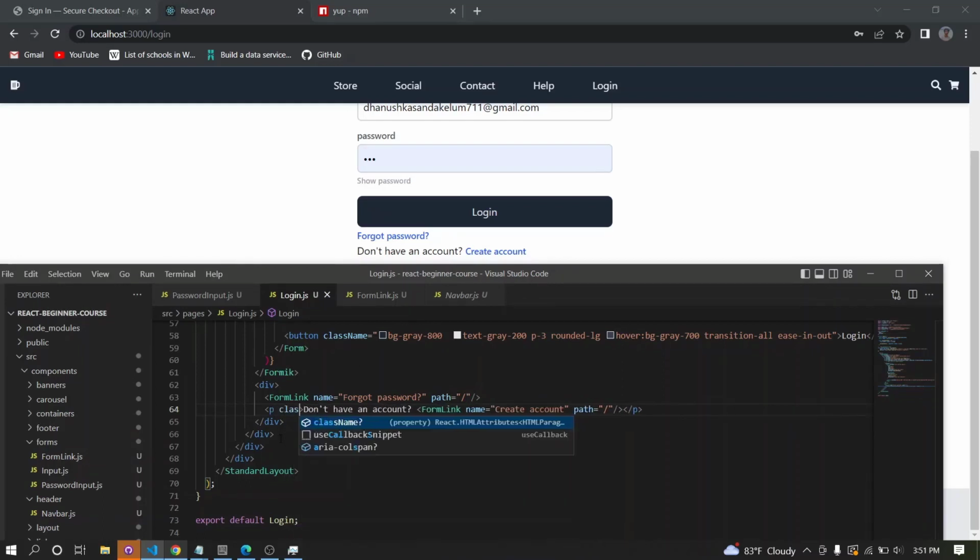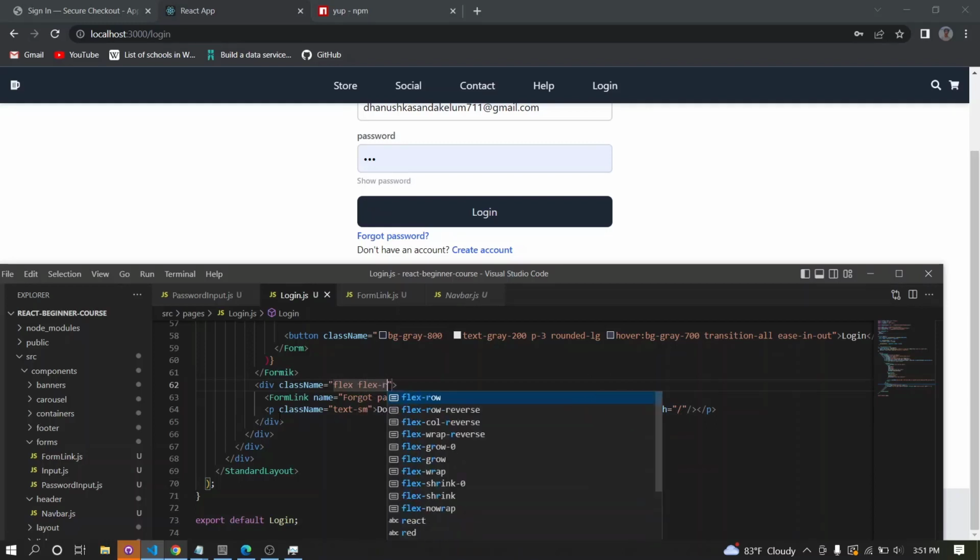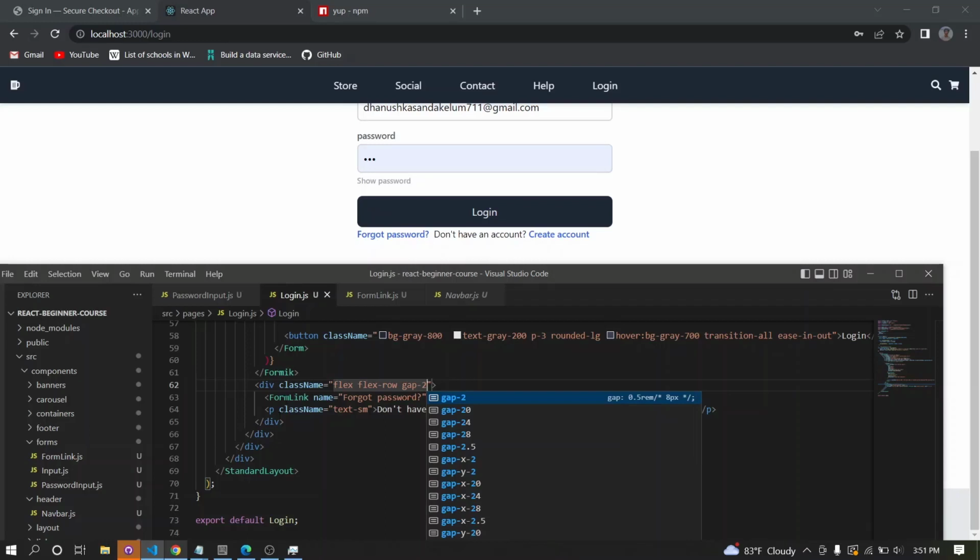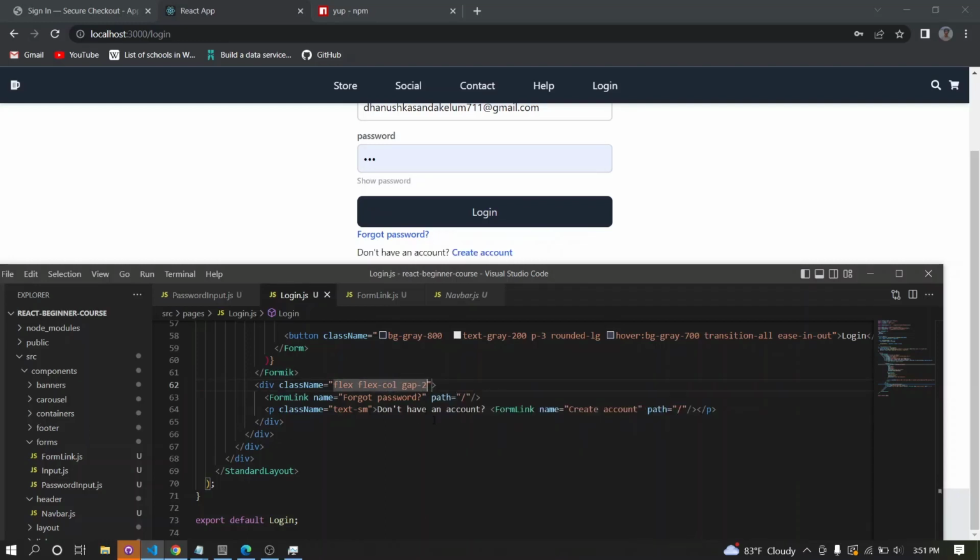And this by default is text sm. Yeah, that's it. So let's make it as flex and flex row, the gap of 2. It's not row, it must be equal. And let's make it as text center,